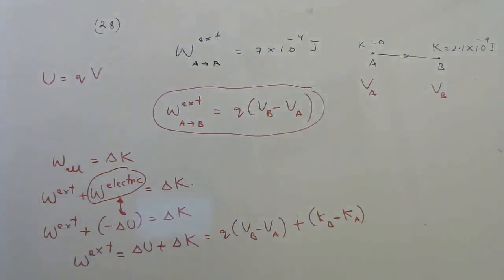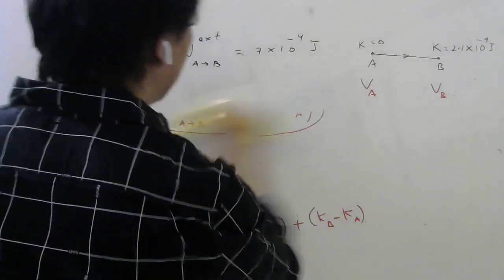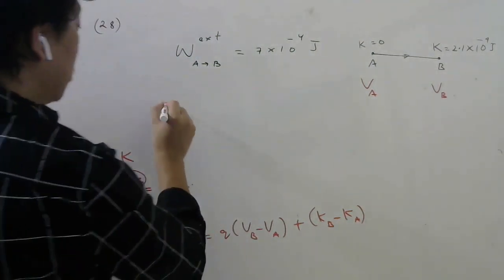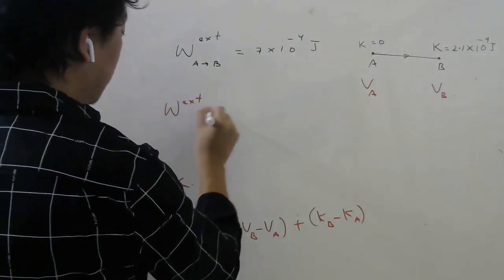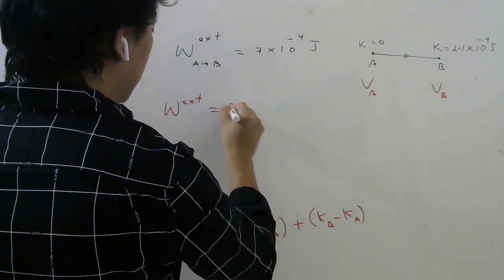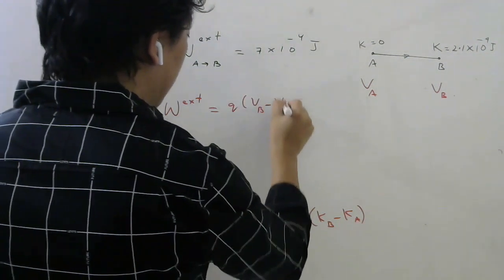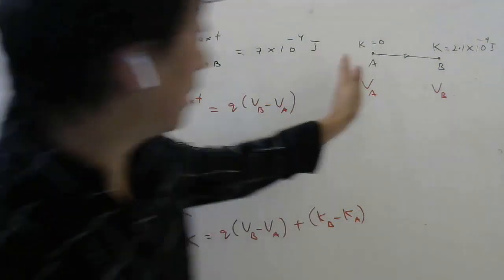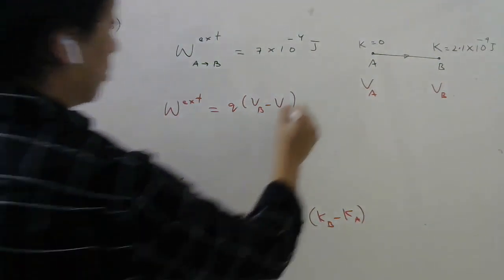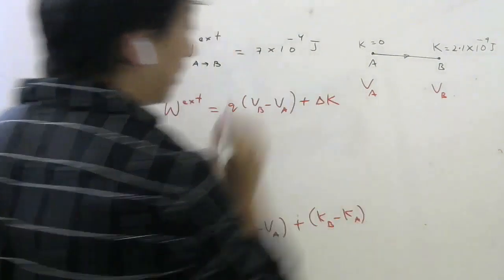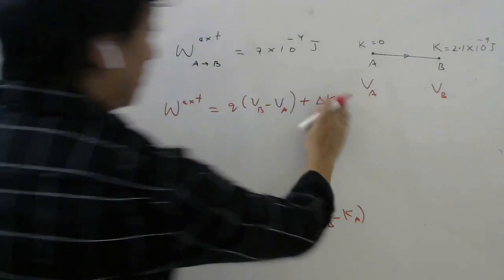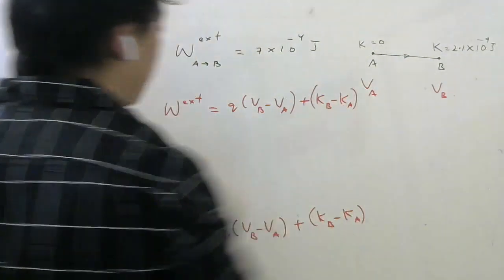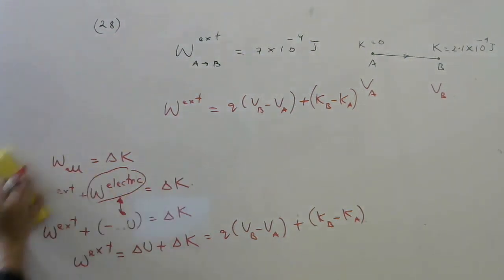Okay, students. So having understood this, let me again write it properly. The point here is, in this problem, please do not write work done by external force directly as Q into VB minus VA. Usually you can write like this. But if they mention in the question very clearly that kinetic energy has increased, then you should also include the change in kinetic energy. Just now I wrote this, and this I can write as KB minus KA. Right? Okay. So please remember this part.